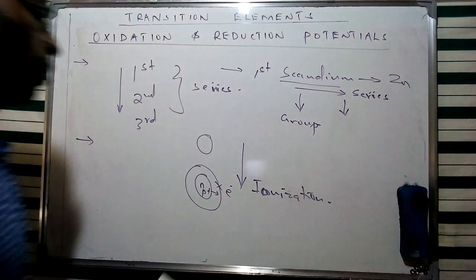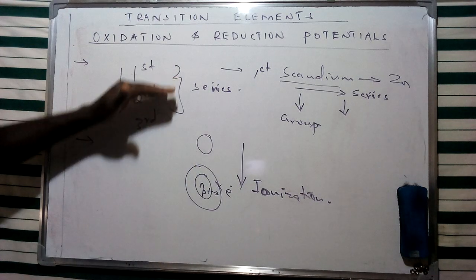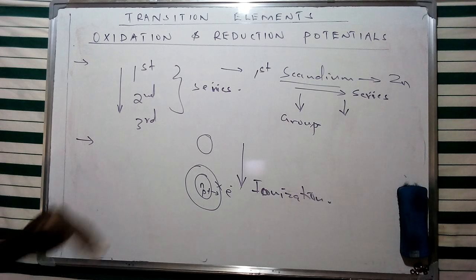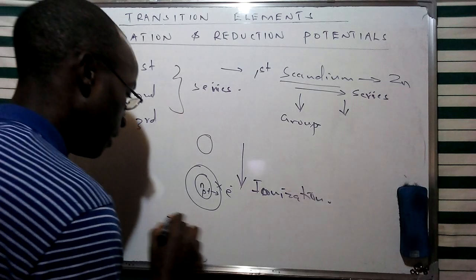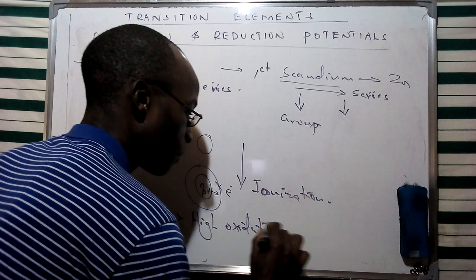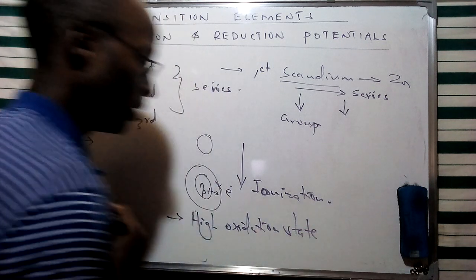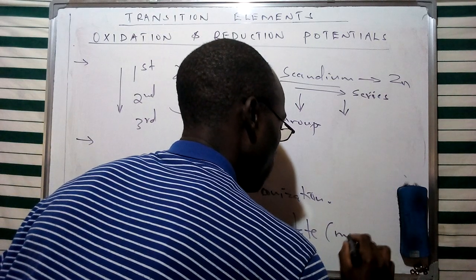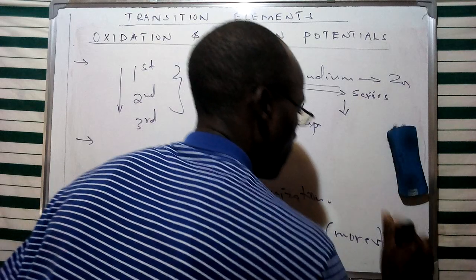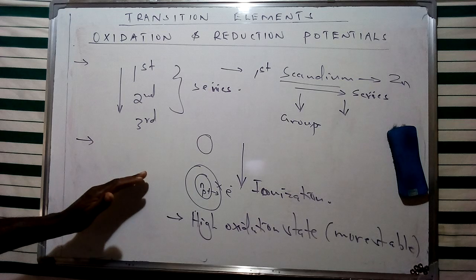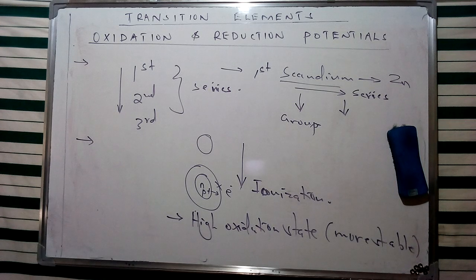And therefore, we're going to see that down the group, due to the increase in the number of energy levels, there is a decrease in ionization energy. And in this particular case, transition elements that have high oxidation states are going to be more stable. And therefore, we are going to witness this specific trend down the group. So generally, we're going to expect that the second